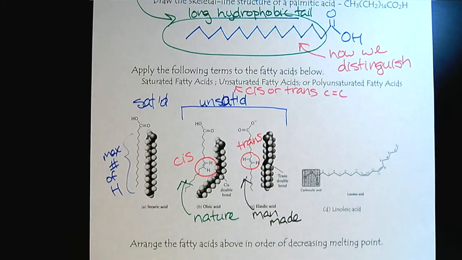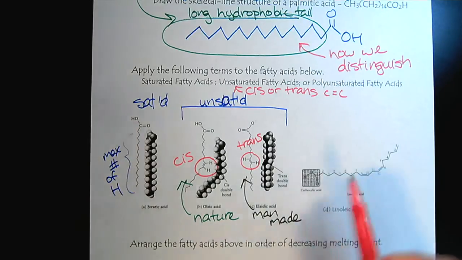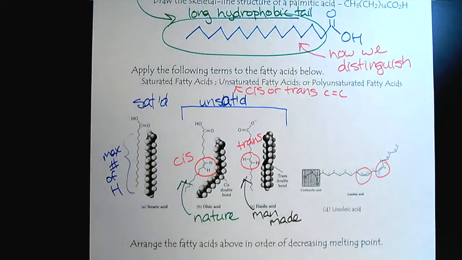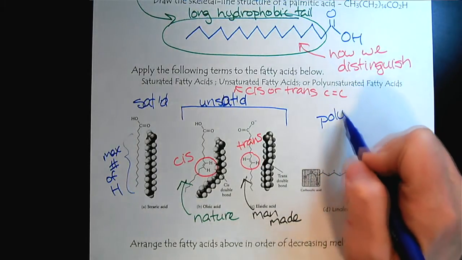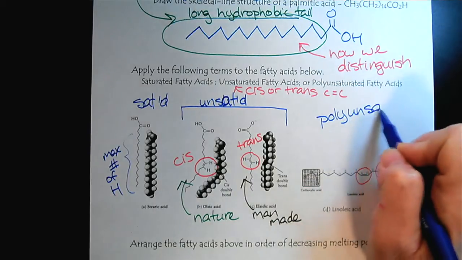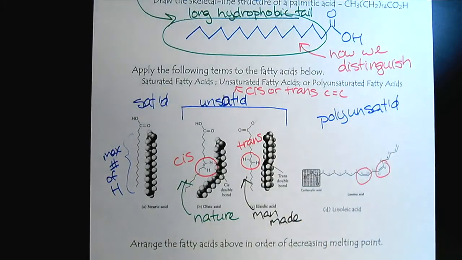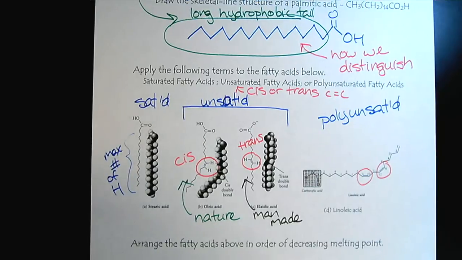Okay, and then for this last fatty acid here, now we see that we have more than one double bond. So we would describe this as polyunsaturated. Okay, and there's linoleic acid. Alrighty, now